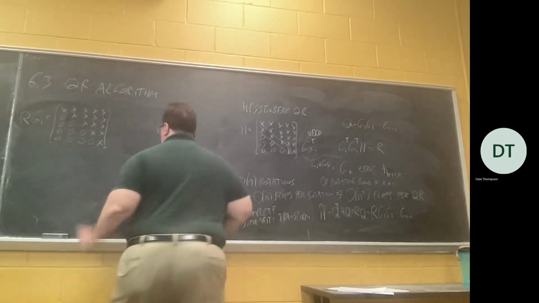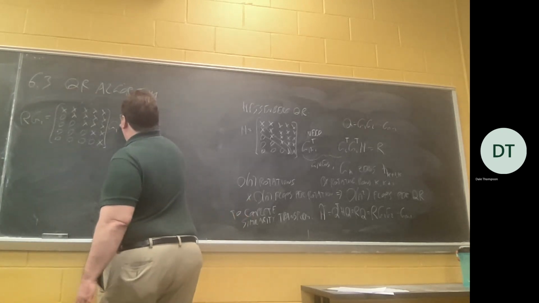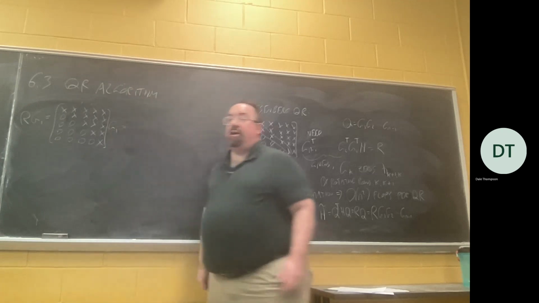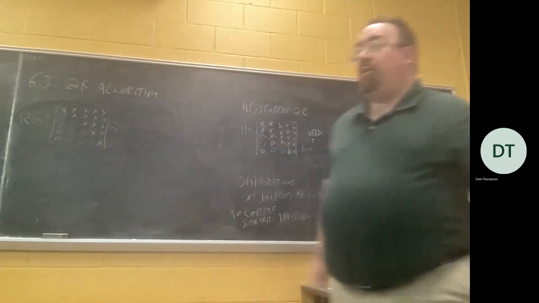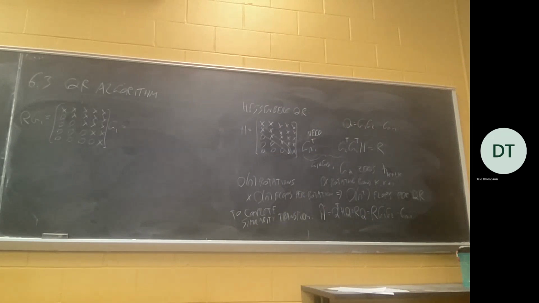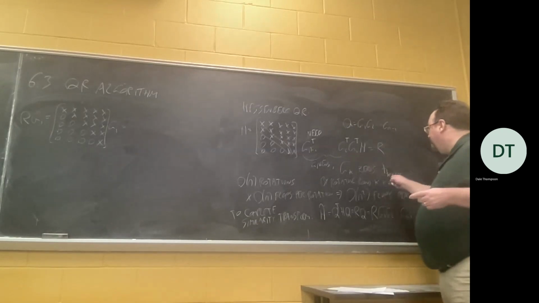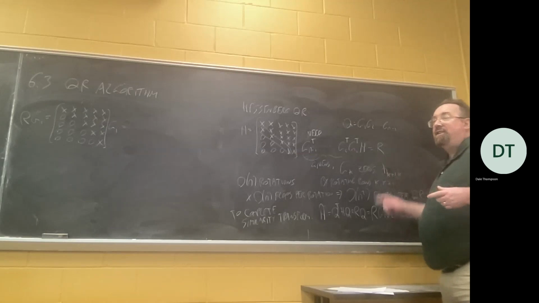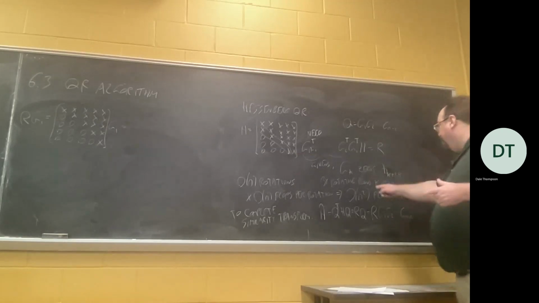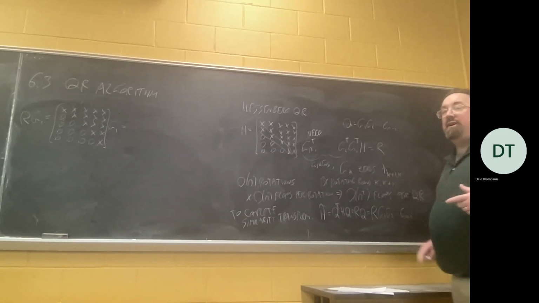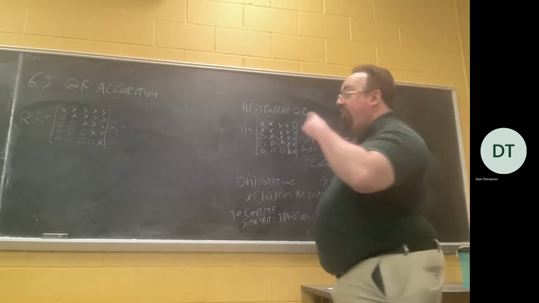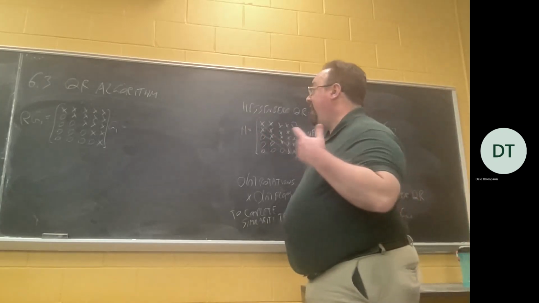Okay, this is times G1. Now we have to keep in mind, what did G1 do when computing a QR factorization? G1 is supposed to zero out the 2-1 entry of H. It's by rotating rows 1 and 2. So if we apply G1 on the right now, it's going to be rotating